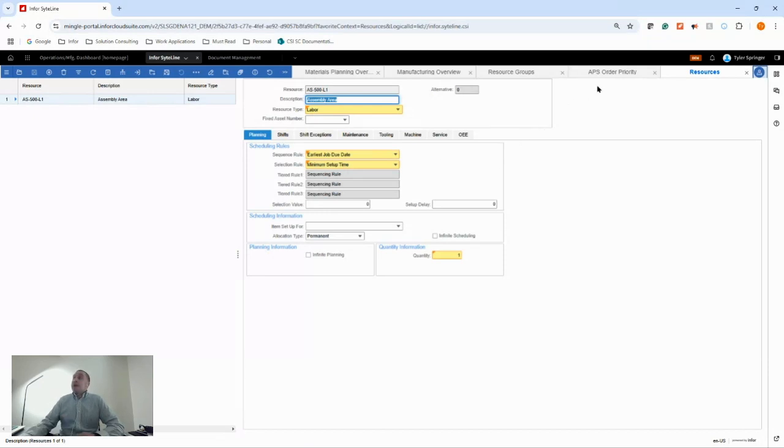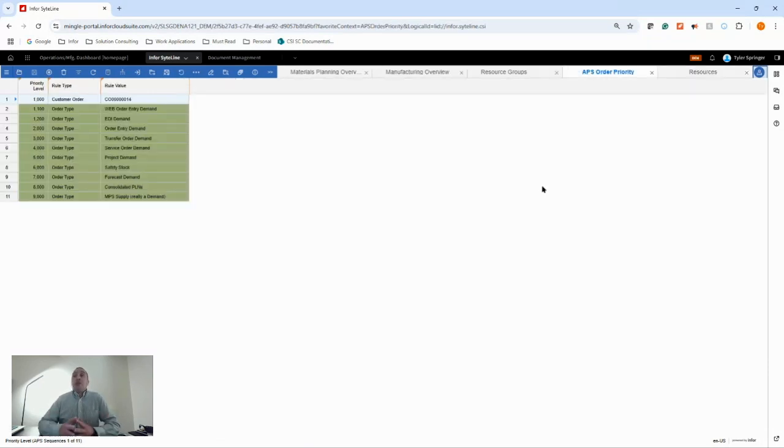And then, as mentioned, lastly, we have the features and tools that you might be utilizing. So just one of those examples today is your APS order priority. So what this is allowing you to do is basically customize or personalize to your business how you want to prioritize your orders. So in this case, we can get down to the specific customer order level. In this case, what customer order it is. It can also be by order type. So in the case if it's a web order or EDI, or even a forecast demand, right? So you can really get down to the weeds in how you prioritize all of your demand